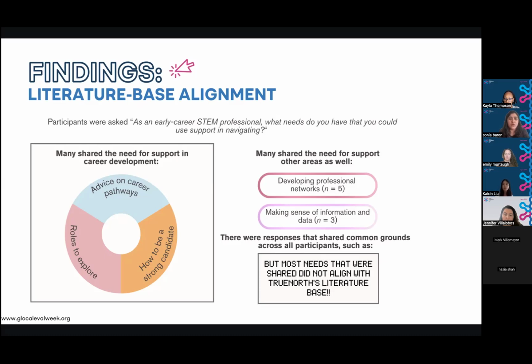Although this was meant to be coded to be an assistant for those interpersonal and nuanced challenges that you have day to day as an early career STEM professional, the themes and the needs that they do have are more of the career coaching sense. They also would like a tool that would help them develop professional networks. And one small but notable technical detail is that they also said that they would like to make sense